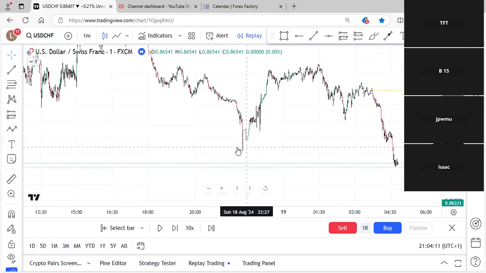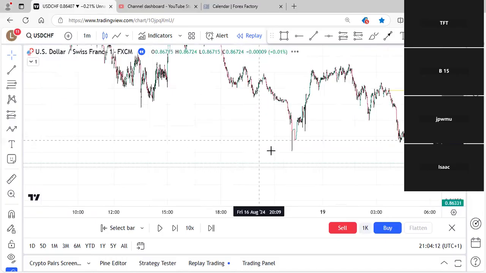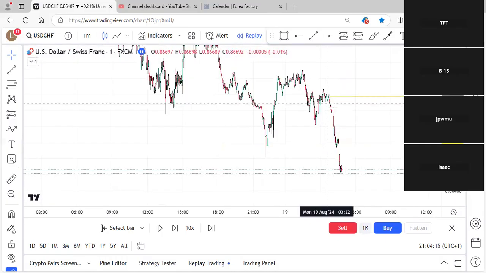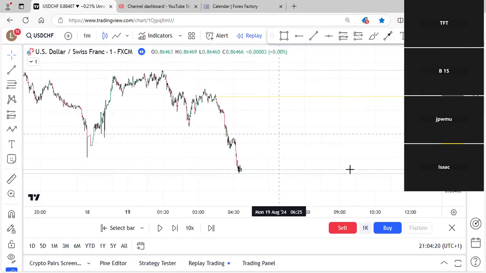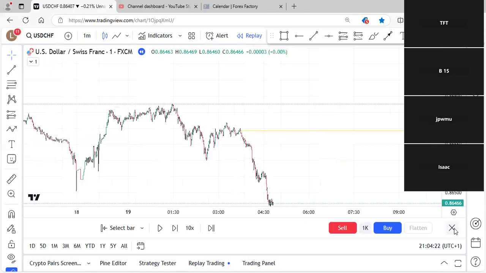Causes a break below this low here. I can't remember if it does anything else. Well, somewhere up here is responsible for this being broken. So if we jump across